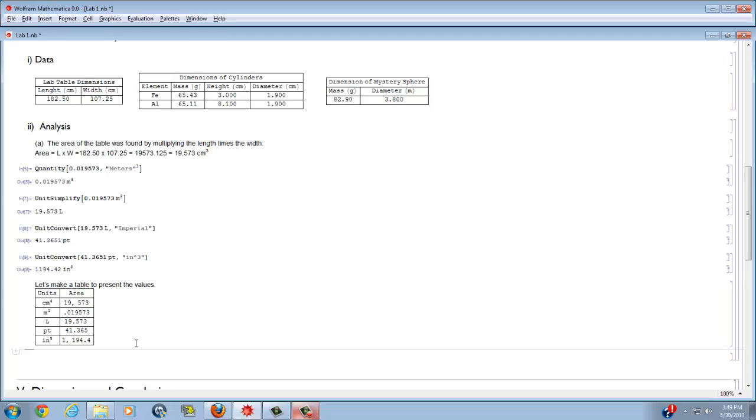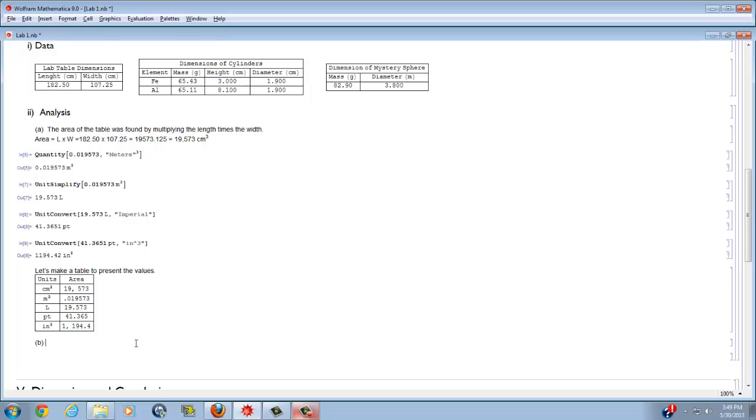I'm going to add some more text, so Alt 7, and part B. So we found the volume of the sphere, and it was found by using the formula. And this is another good reason to use Mathematica, is it's really easy to input mathematical formulas. So V, capital V, equals, and then I want to put pi in there, so palette